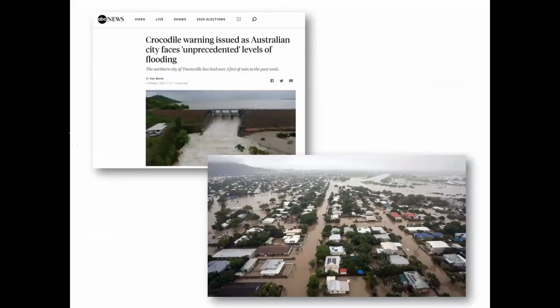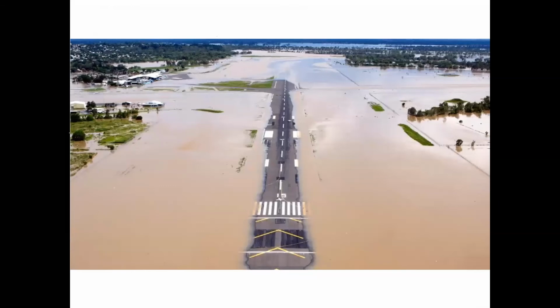These are some of the highlights, or I shouldn't say highlights, some of the news stories that came up from, of course, people's livelihoods, homes and life savings being devastated, but also other secondary effects you may not appreciate. So, crocodile warnings as different kinds of wildlife interact with humans in urban areas. This was Townsville Airport, again completely closed temporarily. There was no way to land aircraft here, whether for evacuation or to fly in support and relief. So the human management aspect there is very tricky and difficult.